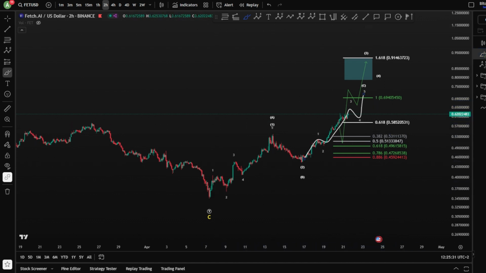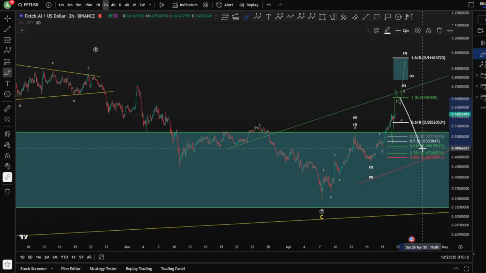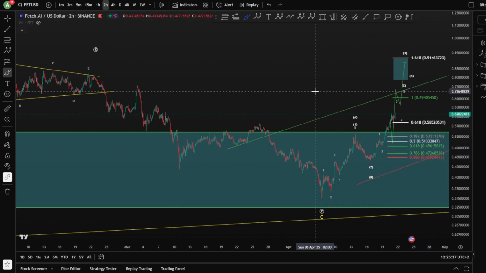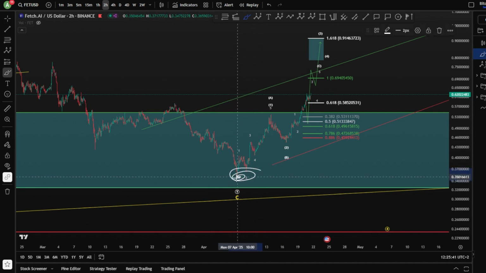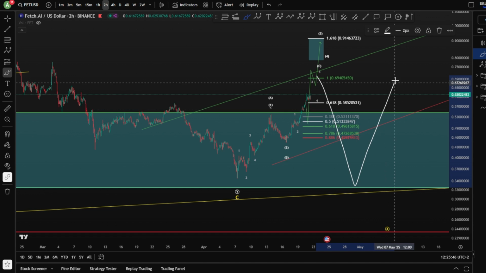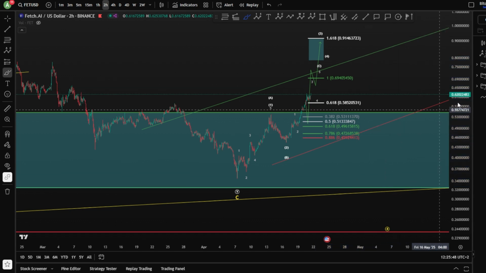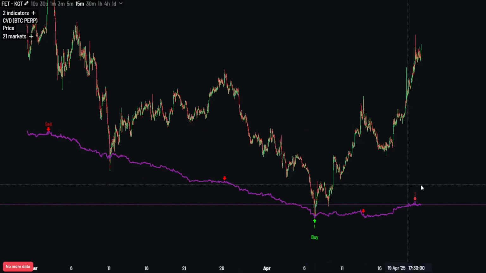And that might bring us back to the blue zone, which we have on our daily chart here, which is another opportunity, but it might be that you want to take the lows this time, and then hit this fib level and then move toward the upside again for a new opportunity for FET. And if we take a look also at the CVD, in a bigger view right now on the 15-minute chart,